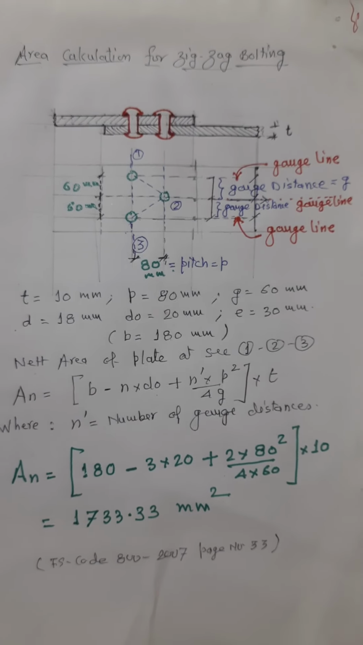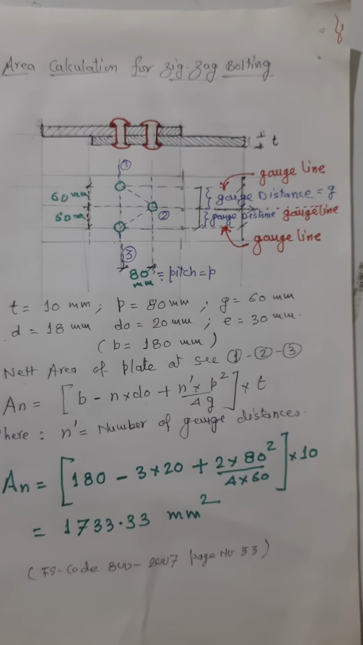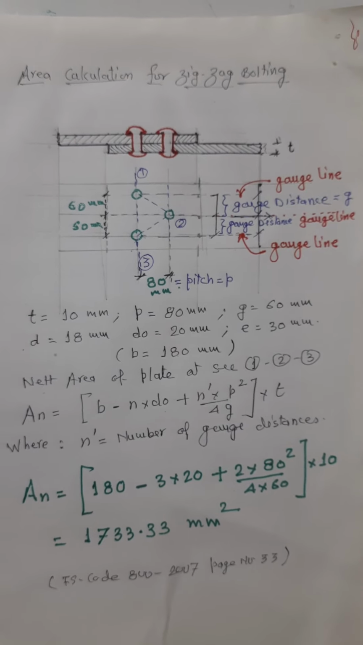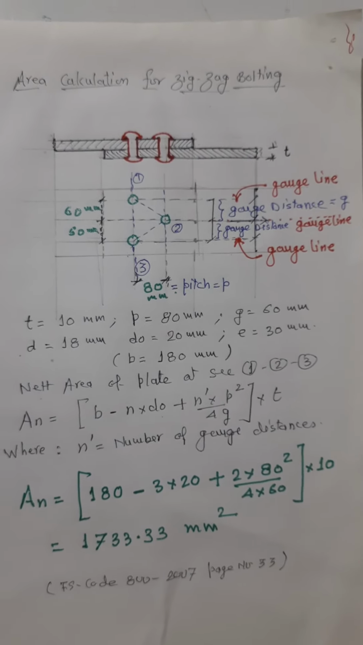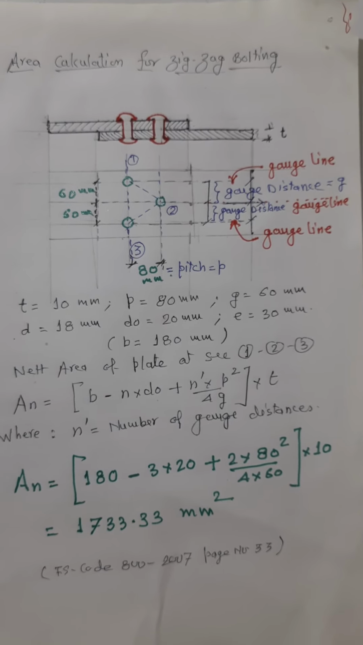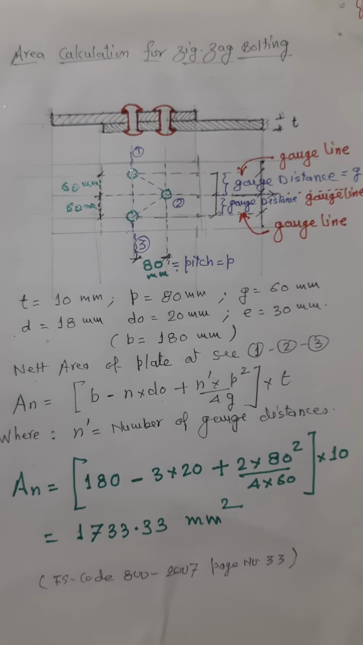Today we are going to discuss how to calculate the area of a plate when it has zigzag bolting. For zigzag bolting, how can we find out the net area of a plate? We are first of all considering the lap joint